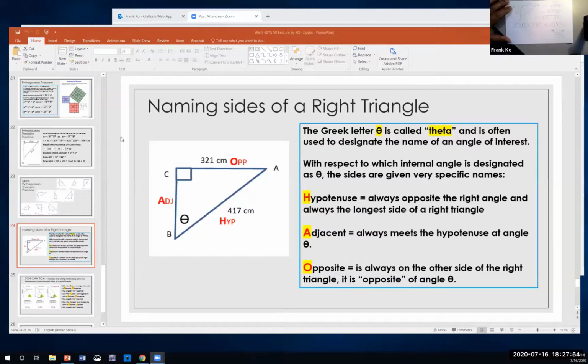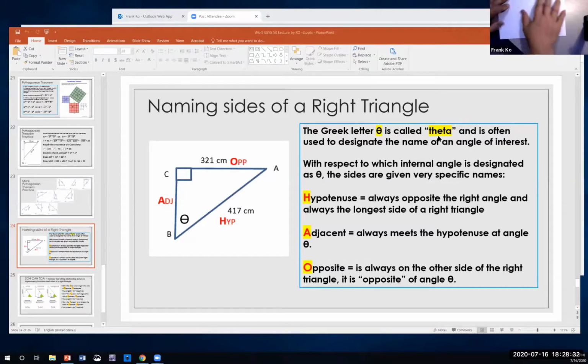All right, so everybody should be looking at my naming the sides of a right triangle. And how do we name the sides of a right triangle? Well, look at the insert box. It says the Greek letter, and the Greek letter here, the symbol, is called theta. We use a lot of Greek letters in the sciences, and this particular one is very often used to designate angles. Of the different letters used to designate angles, we could use delta, alpha, beta, epsilon, but theta is the most popular for designating